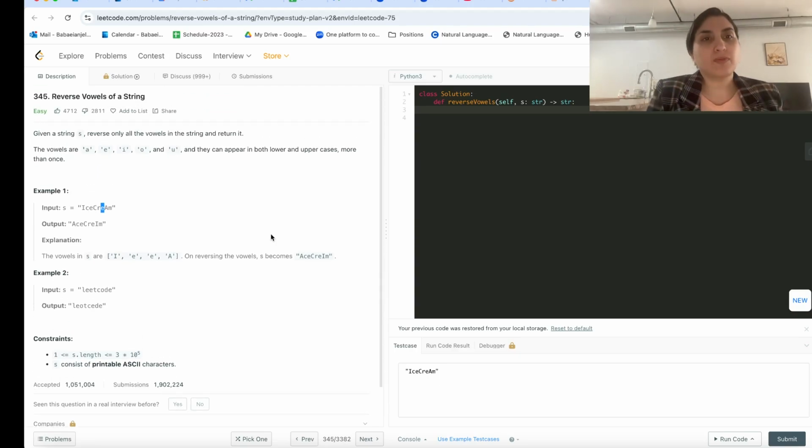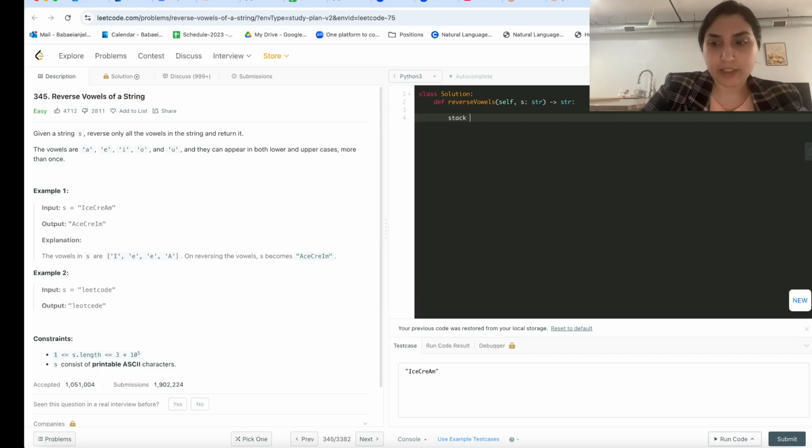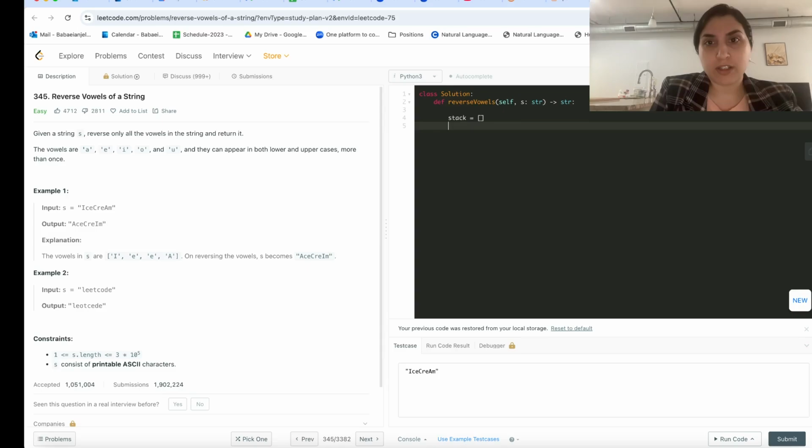So there are two ways that I can solve this. One is with stack. Let's go with the stack version first. So stack equal to an empty list. And let's have a set of the vowels. Let's define the set of the vowels equal to